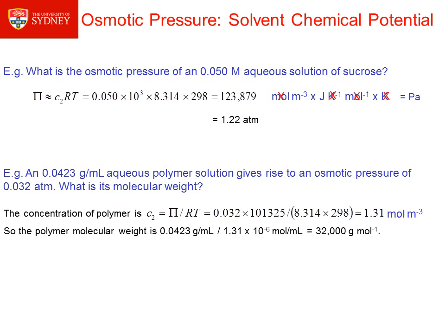First, we calculate the molar concentration of the polymer from the osmotic pressure equation. That's 0.032 times 101,325 to give me the osmotic pressure in pascals, divided by 8.314 times 298. That gives me a concentration of 1.31 moles per cubic metre. So the polymer molecular weight is 0.0423 grams per mil divided by 1.31 times 10 to the minus 6 moles per mil, or 32,000 grams per mole. You can do this for low molecular weight solutes as well as high molecular weight solutes like